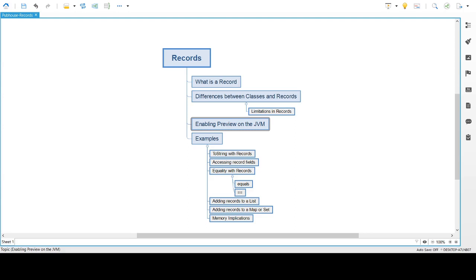Before Java 14, there was the poor man's, quote unquote, records, using Lombok, which I use extensively. And this is a way to address one of the bigger complaints that Java has, which is that Java is a very verbose language, right? Every time you create a plain old Java object, you have your getters and your setters.